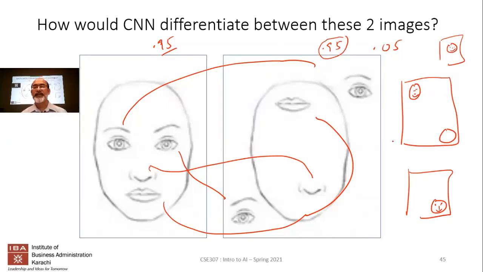So can one think of a way to be able to solve this problem? Because clearly I don't want this 95% probability that there's a face, because unless there's an alien present on this earth, this is not a face. I want this to be able to say that maybe there's 50%: yes, all the features are present, but it's not really looking like a human face. So how can we change CNN or neural networks to be able to differentiate,